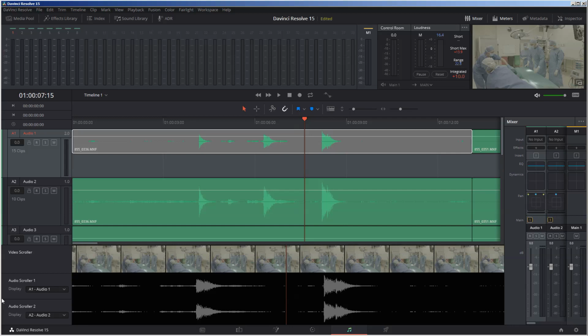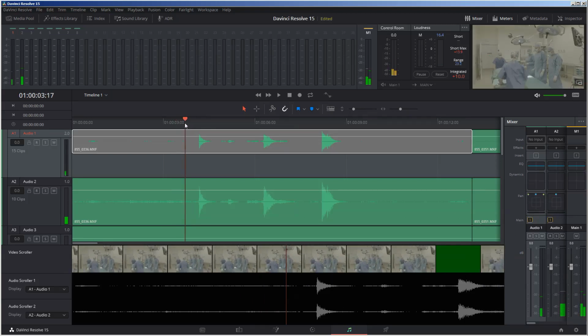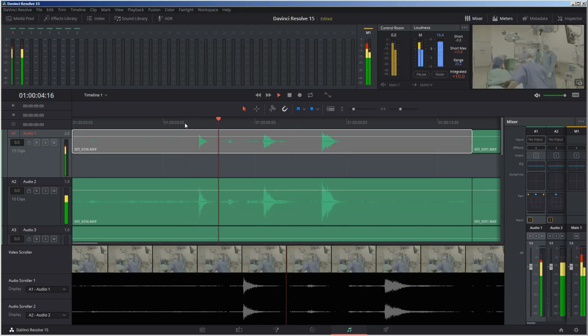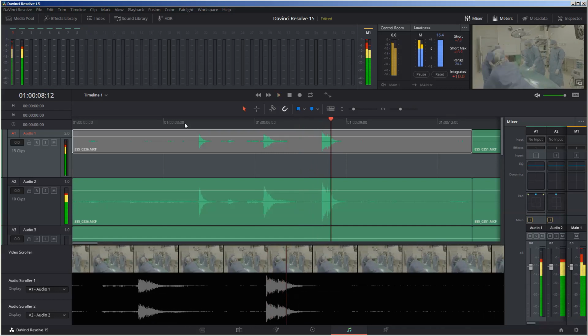Let me first show you something. Actually, because I have said that the limiter needs to be applied all the time, I need at least to show you the reason of existence, why it exists in the first place. Because let me show you this example here. I have here a scene where I have 2 actresses. This actress brings down the handles of the bed. These are metallic handles. They are quite loud.